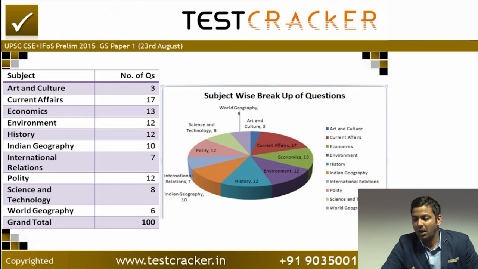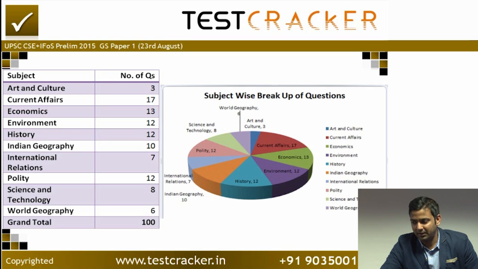So this year was a surprise in the sense that current affairs is the most productive subject in the paper. 17 questions out of 100 came from current affairs, most of them very simple, and others of course were on the expected lines, except for art and culture, where there were just 3 questions. Geography plus environment and biodiversity together yielded around 22 questions, which is again a scale back from the last year.